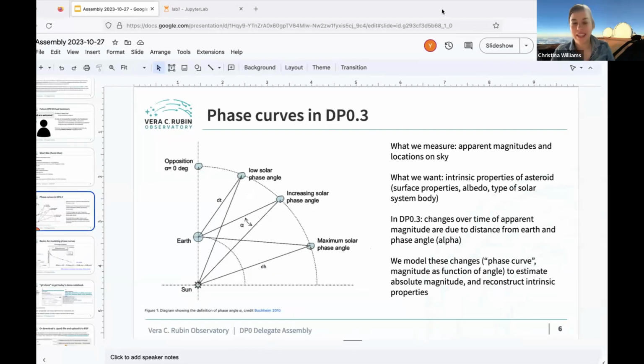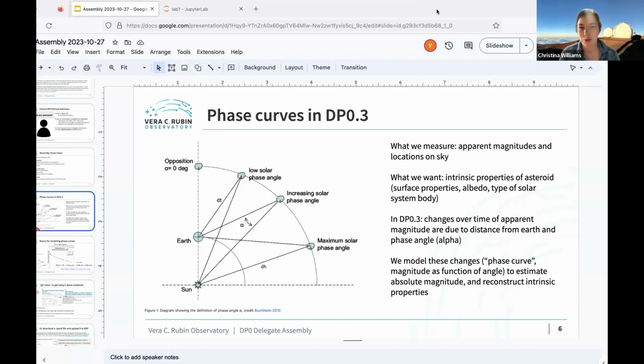Okay, so today we're gonna go through 2 new DP0.3 notebooks that target learning about solar system bodies through their phase curves, and how you can use DP0.3 simulated data to learn how to do this with real LSST data once it comes in. So we're going to go through notebooks 4A and 4B in part, and both of those have a bit of background information in the introduction. So I'm just going to go through those in a slide instead of in the notebook, because diagrams are more useful, I think, in this case.